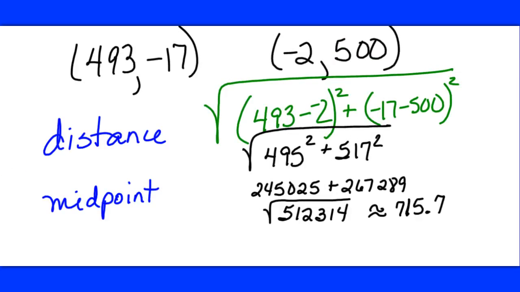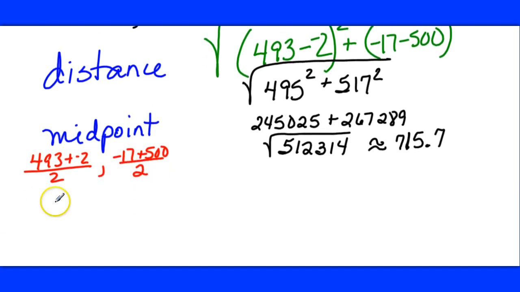All right, to find the midpoint. Again, you're going to find the average. So it's 493 plus negative 2 divided by 2. And then it's going to be negative 17 plus 500 divided by 2. That's going to give you